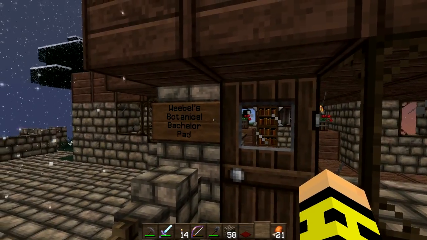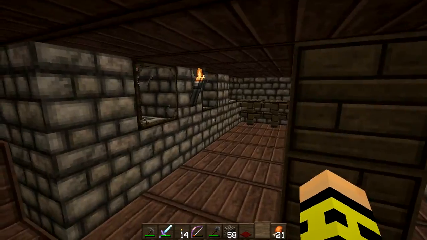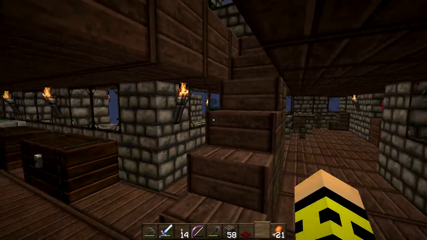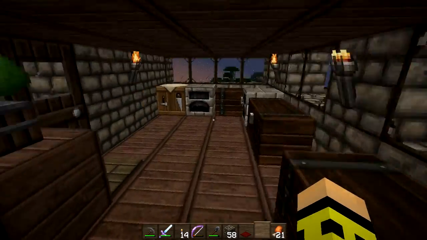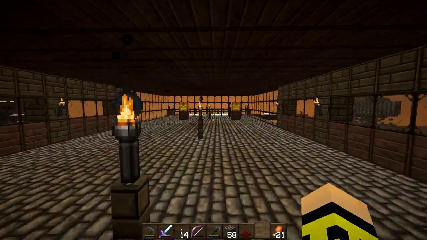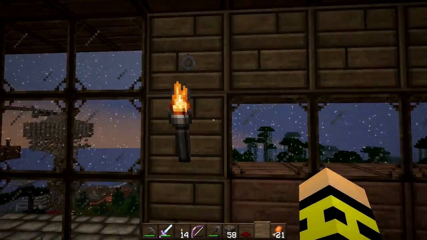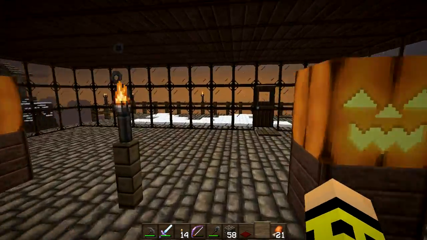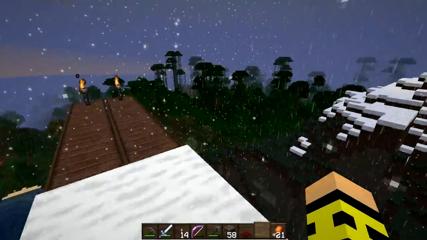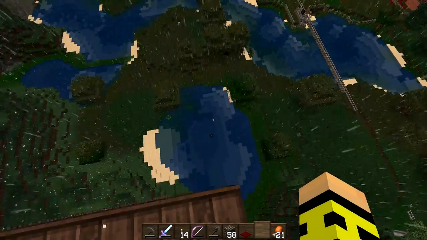Weevil's botanical bachelor pad, filled with flowers and love. Yeah, kind of pansy-ish, but it could be worse. Could be flowers and pain. That's just painful. As you can see, he has a mix of jungle wood and oak for varied colors, mostly because it's almost right next to a jungle. Anyway, diving board, diving pool,